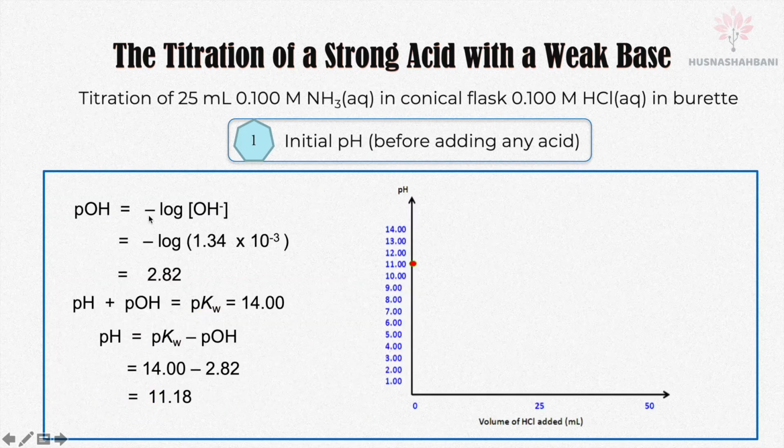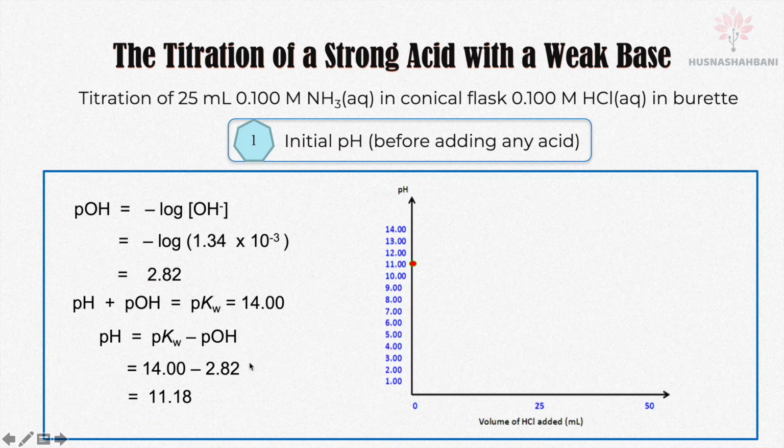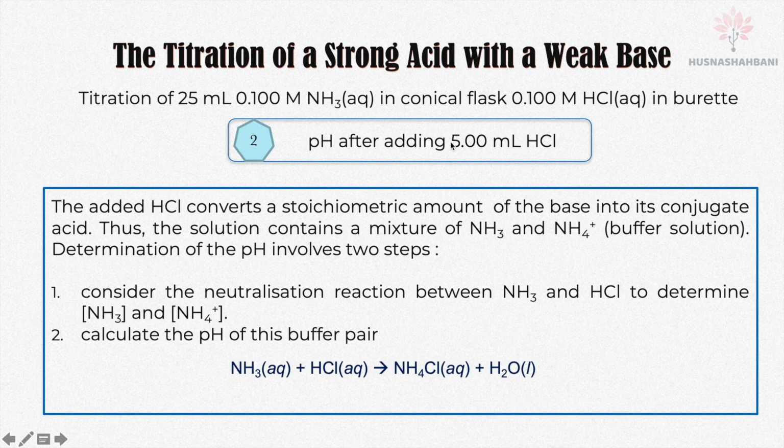We can calculate the pOH 2.82 and then the pH 11.18. Before any acid, at acid volume 0, the pH is 11.18. Acid volume 0, pH 11.18. That's the initial pH. Next, after we add 5 mL of HCl into the NH3, so here we have a weak